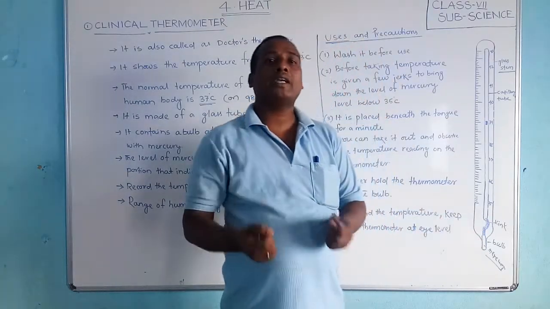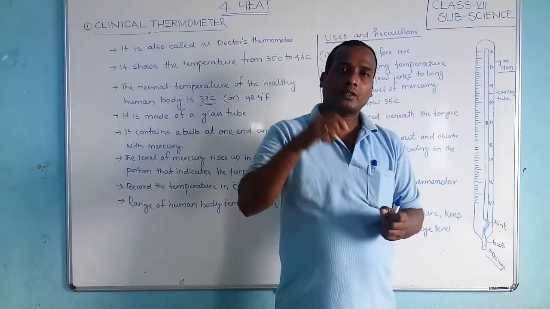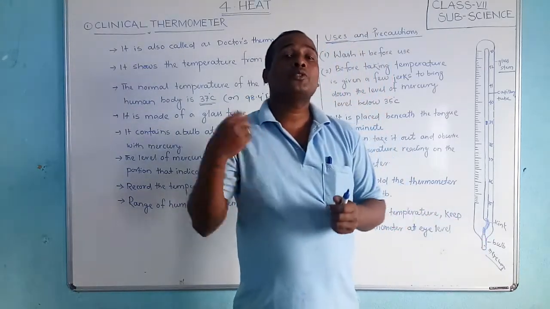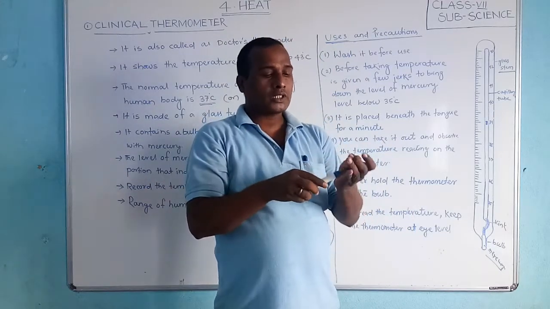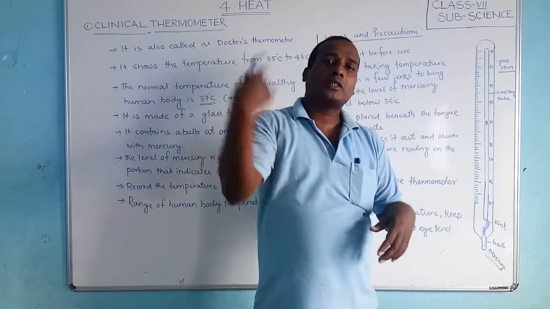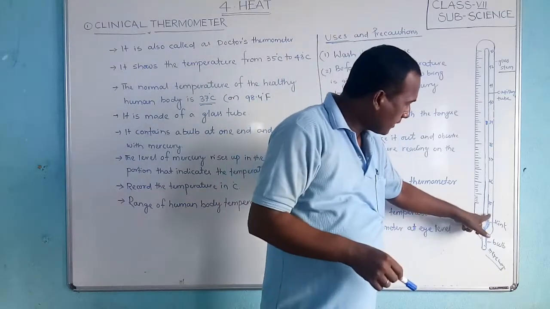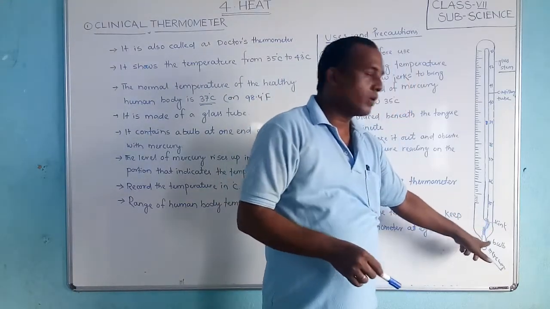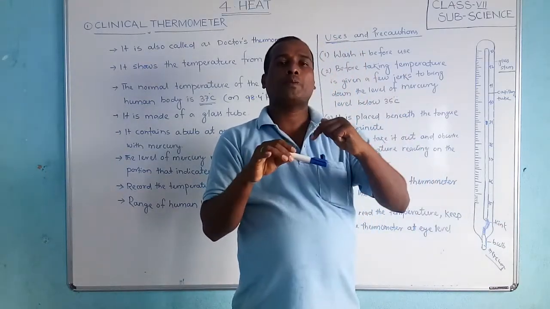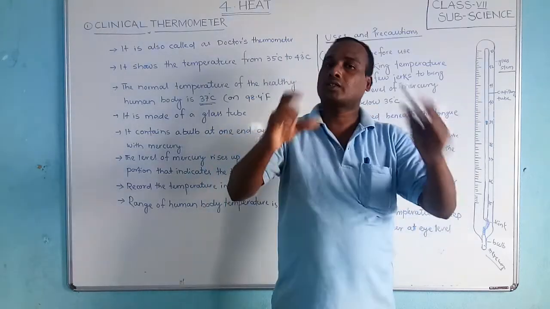And whenever we are going to start checking our temperature, first of all we have to bring the mercury down by giving a few jerks. Suppose this is one thermometer. First of all, this is the mercury level. If the mercury level is here, then you have to jerk it like this. Okay friends, if you jerk it, what will happen? The mercury level will come down to here, and it will stay here only. Then whenever you keep it under the tongue, the mercury level will increase, and then you will find out the temperature.